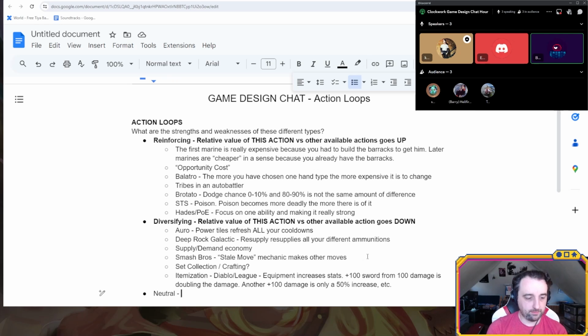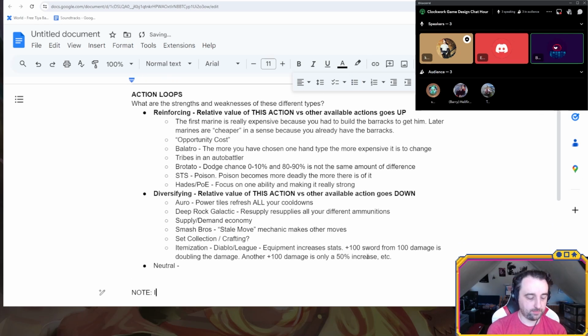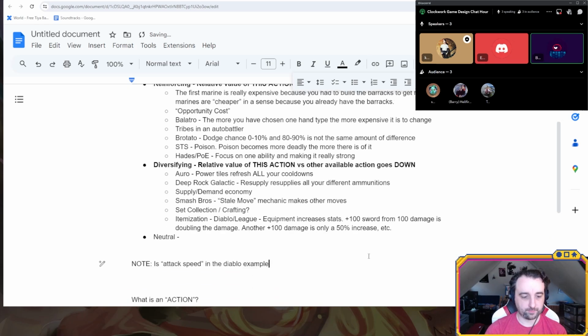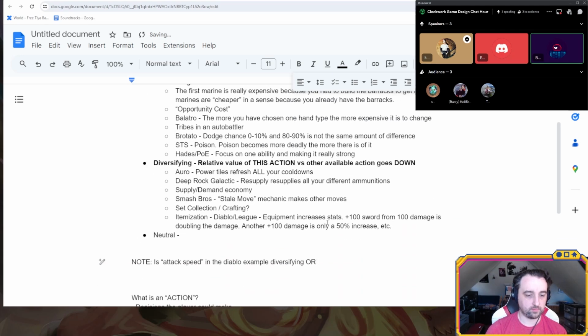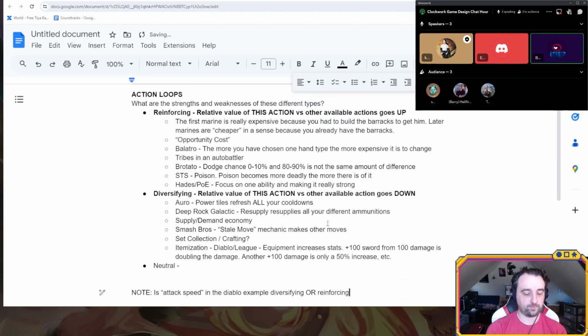I think the main thing, and I want to circle back to this at some point, is going back to the Hades example. In Hades, basically if you're doing attack A, you're not doing attack B or C. If you're doing attack B, you're not doing attack A or C. Whereas in Diablo, a lot of that's based on cooldowns, and I think cooldowns are a pretty prominent example of diversifying loops, maybe to the extreme.